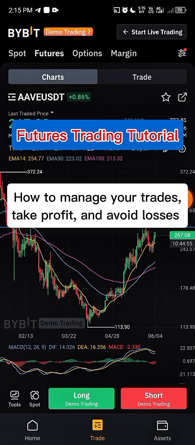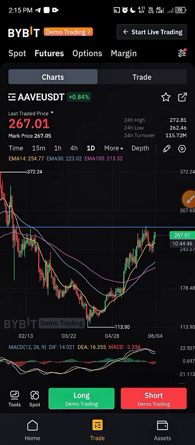For those of you who are taking my signals, whether in the free group or in the academy, this is why profit taking is very, very important and can't be overemphasized. I'm going to show you why you need to be taking profit and the strategic places that you should be taking profit on. Even if I say this trade is going to go to this TP1 or TP2 or even to TP3,